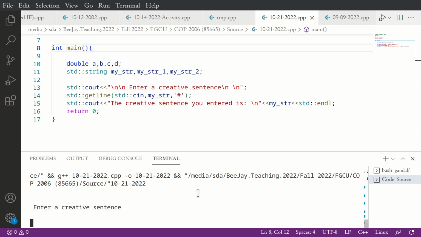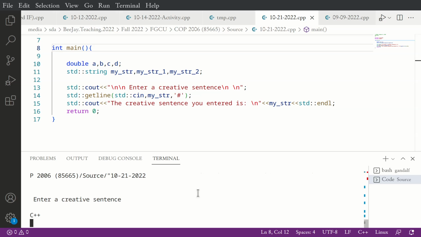But C++ is not an interpreted language, keeps on going.